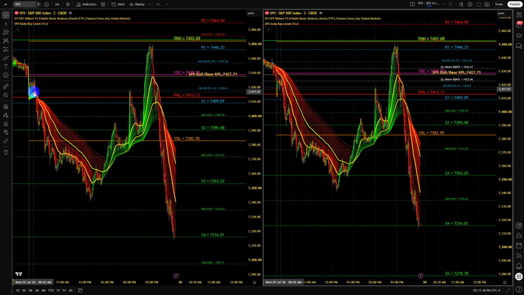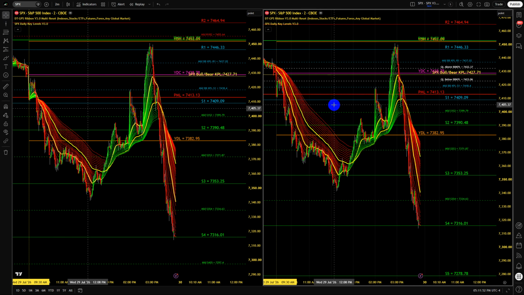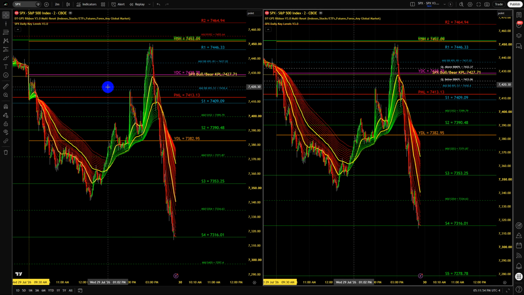With dual confirmation, you're looking for both ribbons to be aligned and for that alignment to come with either a close above or close below a main key level or a contextual level. In most sessions at the beginning of the session, the main key level that's going to be in play is typically the SPX bull bear KPL level,